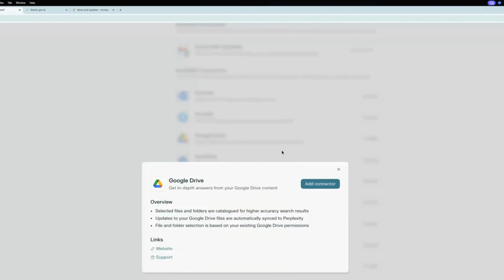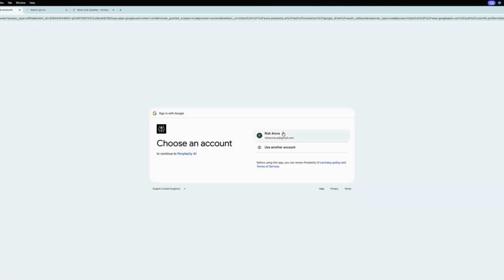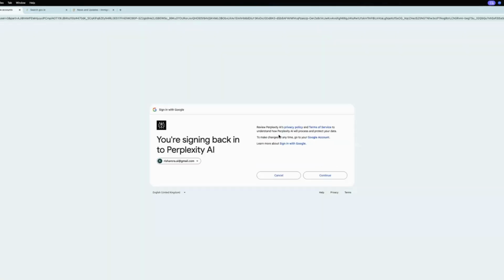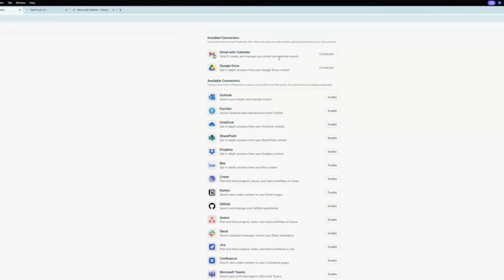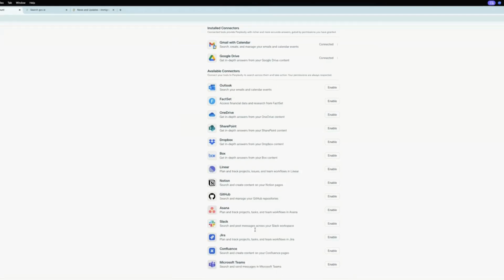Next, same for Google Drive. If I use Google Drive, click on Add Connector, and then same flow, and my Google Drive is connected. And then